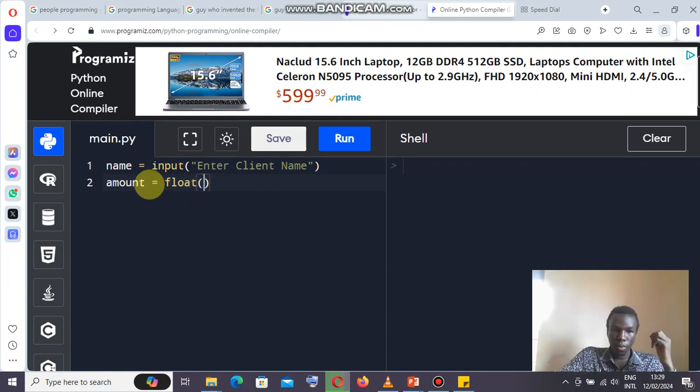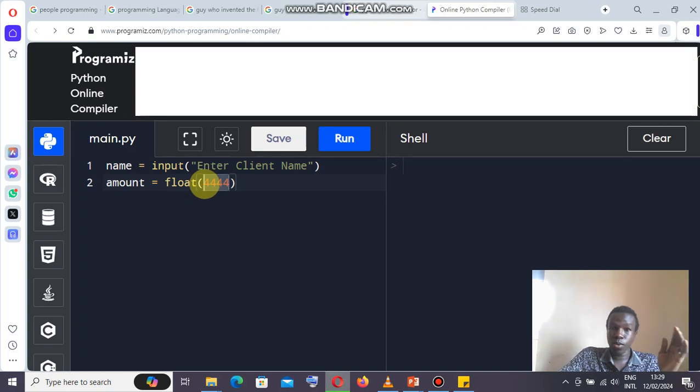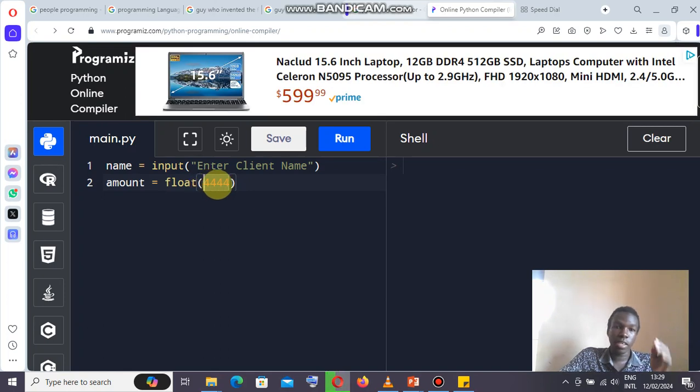So most programming languages, when you type anything, maybe a number like this, take it as a string. But in order to calculate, we have to convert this string into a number that is calculatable. So we have what we call integers, floats, and others. So right now I want to use a float. So this float, I'm going to say input, and enter. You understand all this?